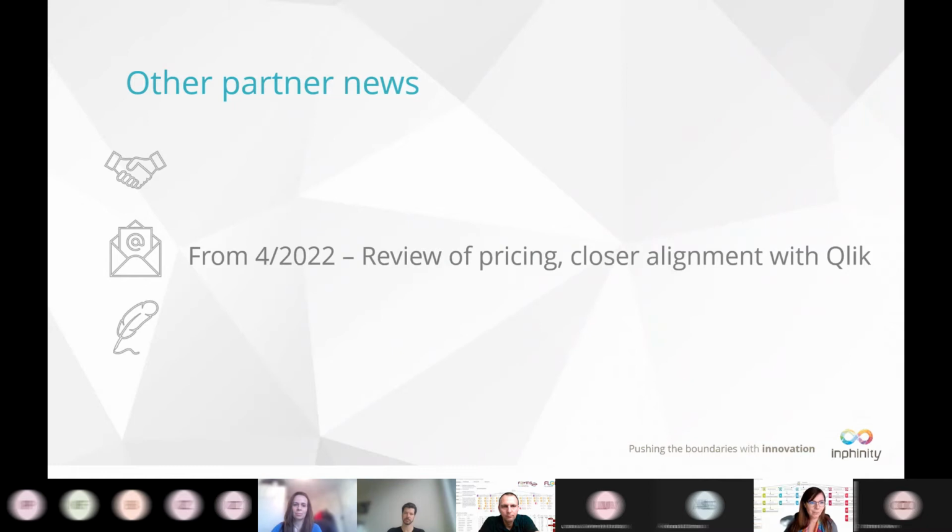Okay, this is the other partners slide. I don't know why the second one opened. We are reviewing the pricing, with closer alignment with Qlik. This doesn't mean that we're going to increase the pricing by 10% like Qlik did. There probably won't be different pricing for SaaS and on-prem, because we don't have that same strategy. But we do want to review and make it easier to understand. The alignment with Qlik will be more about the tiered pricing, because all of you are used to the Qlik tiered pricing, and we wanted to make it easier for you to always understand our pricing as well.